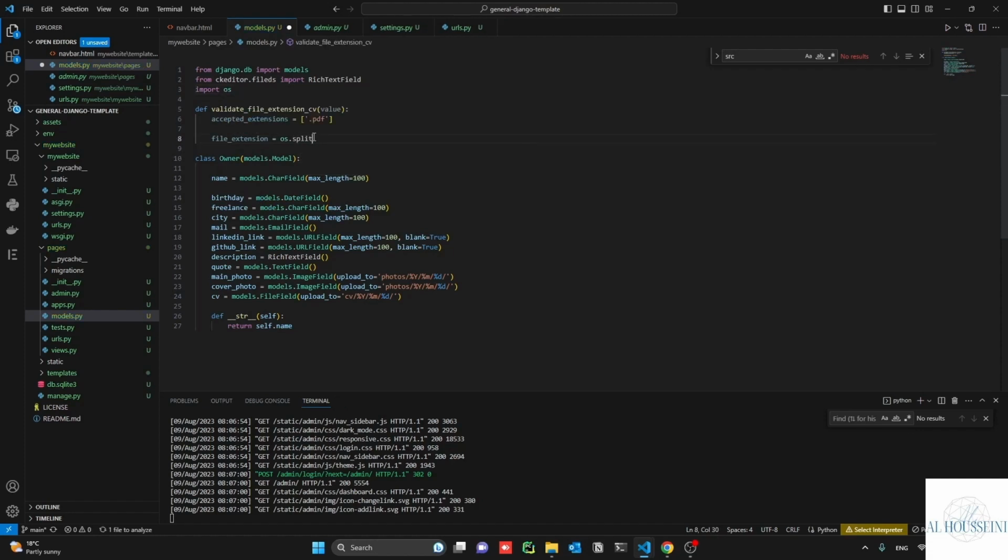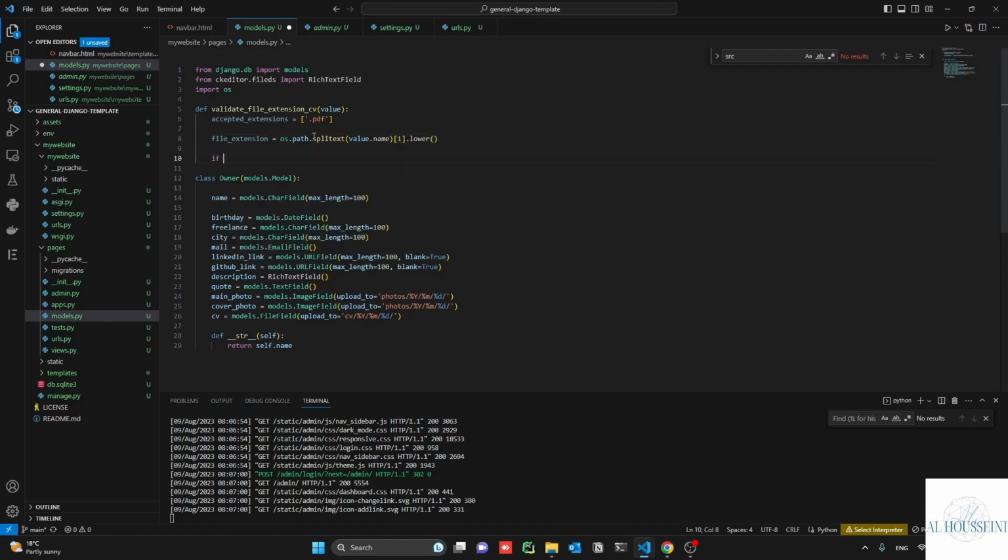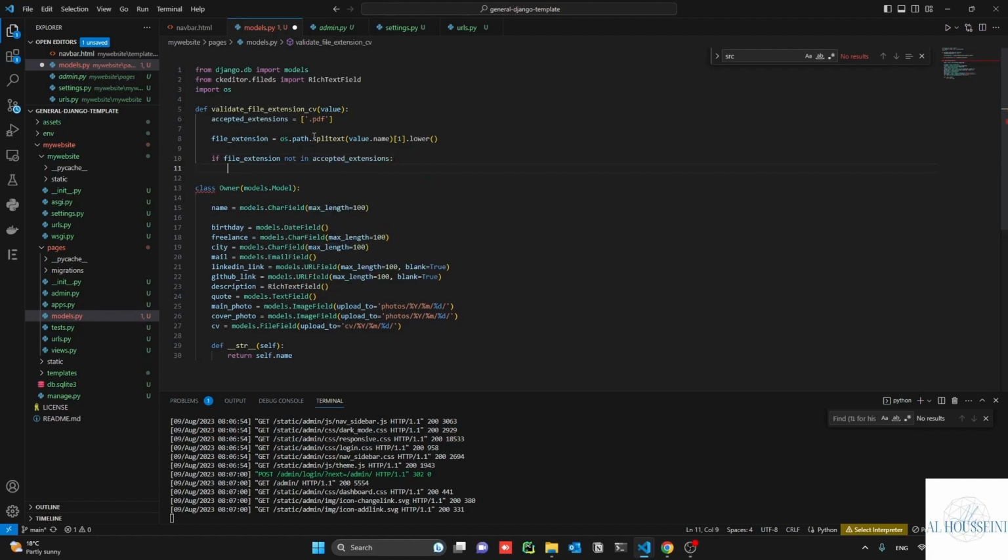So os.path.splitext, it's just one single t, takes value.name of one .lower. Okay, so this one is going to split the text and take the second part. So for example, if it is abc.pdf or abc.exe, it will take the value, split it according to the point, and check the extension. So if file_extension not in accepted_extensions, it will take it with the dot, by the way, but anyway, if it is not, in this case, raise a validation